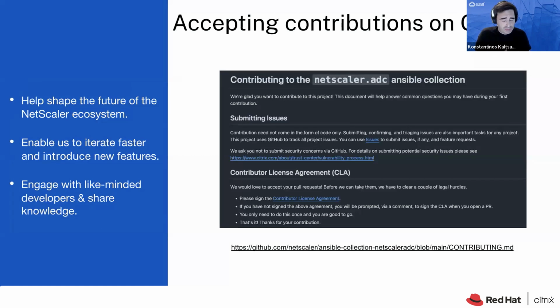As I mentioned, the Ansible collection is on GitHub. So the code is maintained on GitHub. And we took one additional decision to accept also contributions on GitHub.